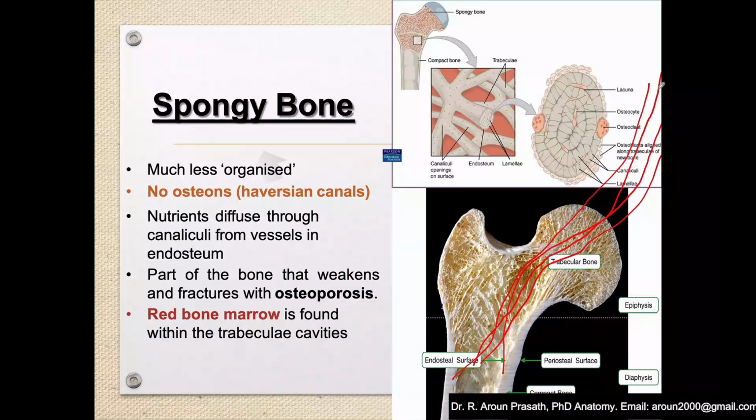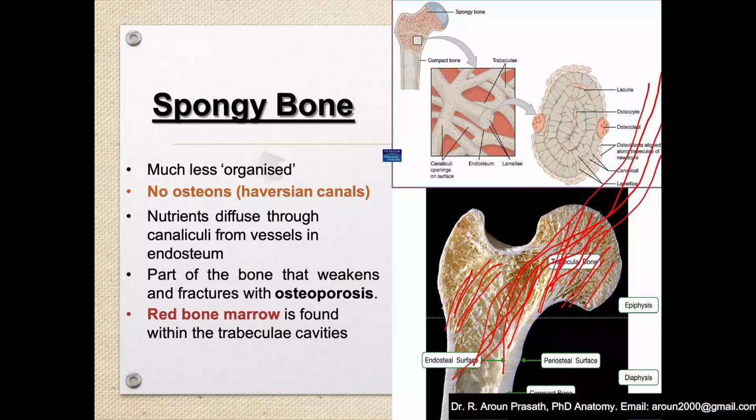If you see the bone cells, they are arranged along this weight bearing line, can you see this? The bone cells are arranged in the weight bearing line. This is the weight bearing line. So this arrangement of bone cells along the weight bearing line, we call it the trabecular pattern, the trabecular system.